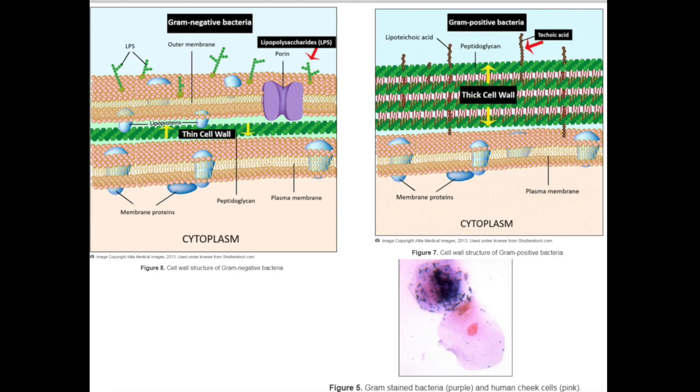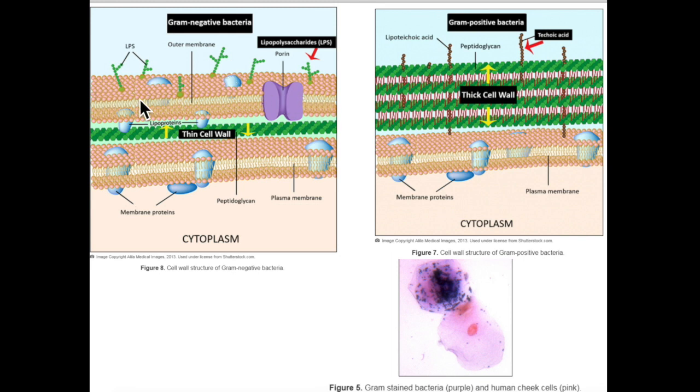So now let's take a look at what we think is actually going on at the cellular level. Here we have the diagrams that you've seen before. On the left-hand side is a cross-section of a gram-negative bacterial cell wall, and then gram-positive. Let's look at the gram-negative again. Inside the cell, down below, we have the cell membrane, also called the plasma membrane. We then have a thin layer of peptidoglycan, and on the outside is the outer membrane with a variety of